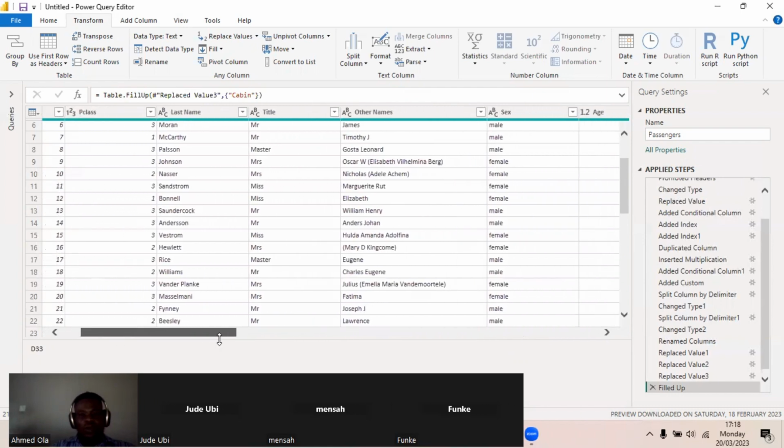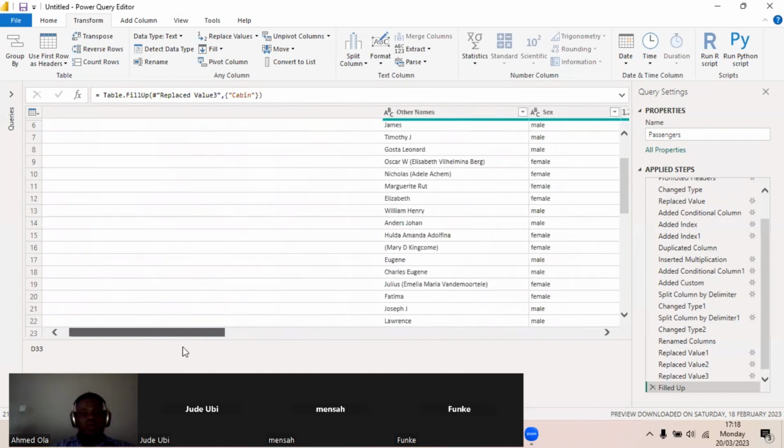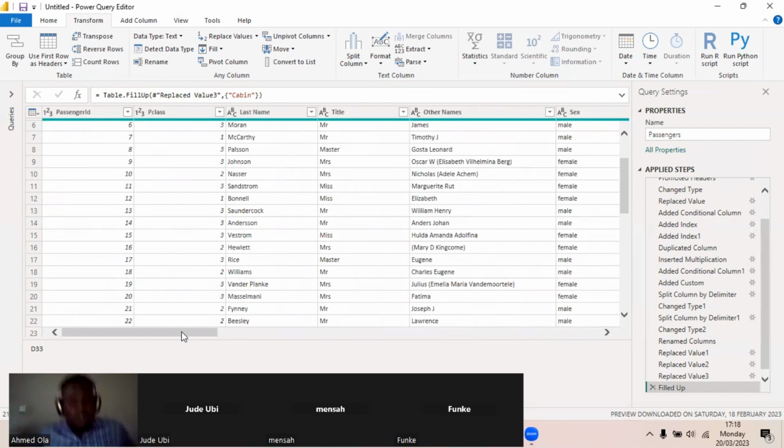What other things do we need to clean? Male, age, ship, SP. So I think these are the major things that we need to do. Now, let's go to the normal transform operations. Okay, so now